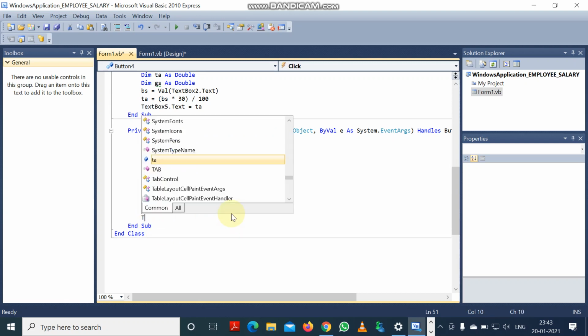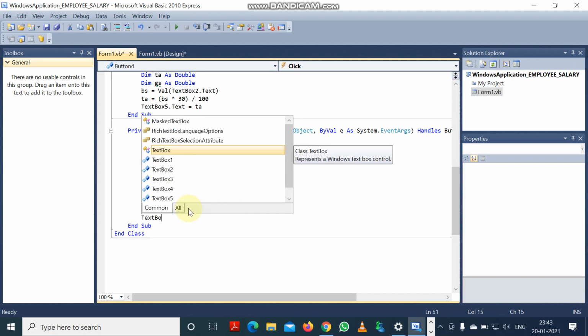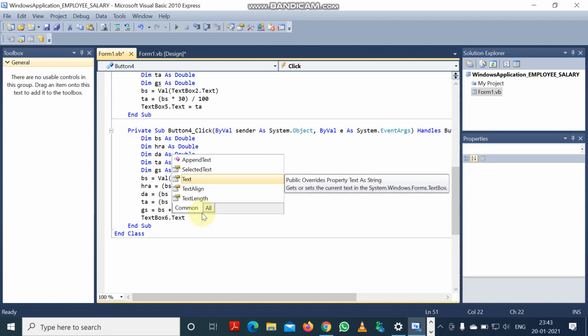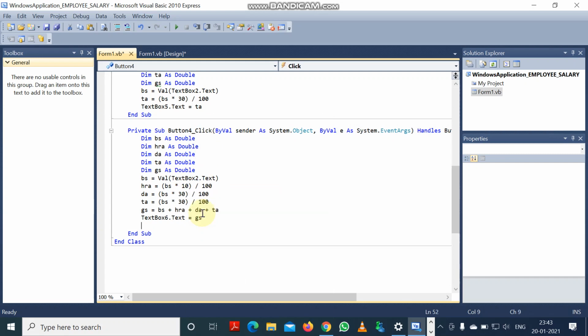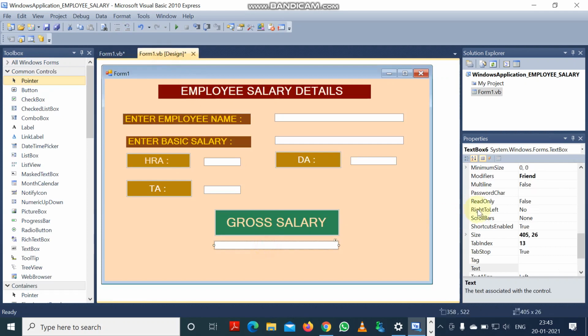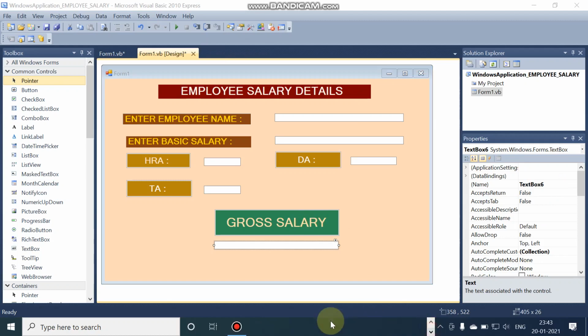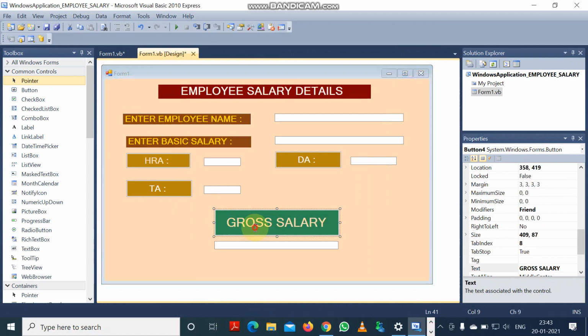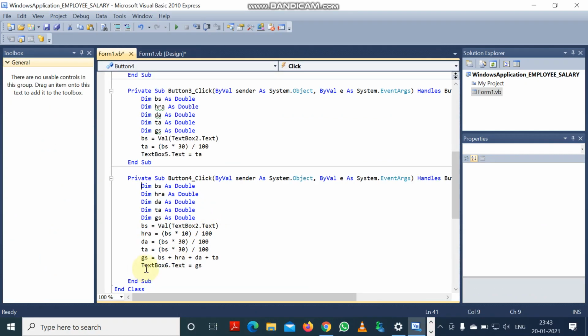And last but not the least, we are putting the GS into text box 6. So if you can see, this is text box 6, and we can store in text box 6. So this is text box 6 dot text where we are keeping GS.